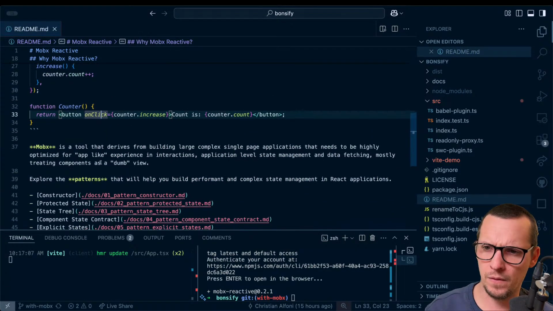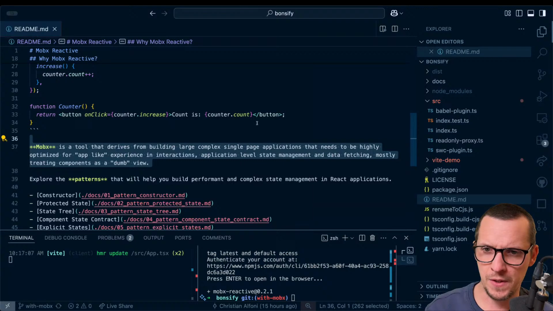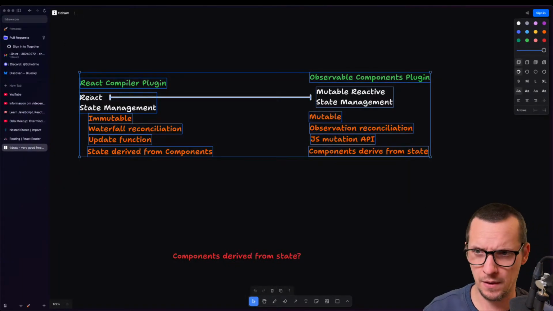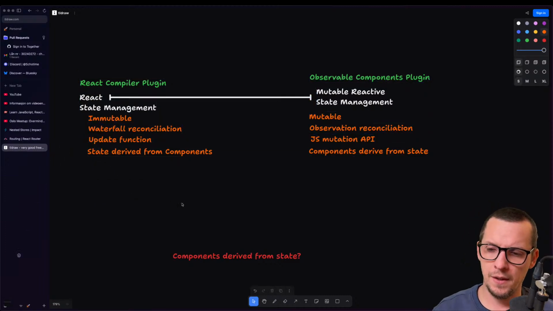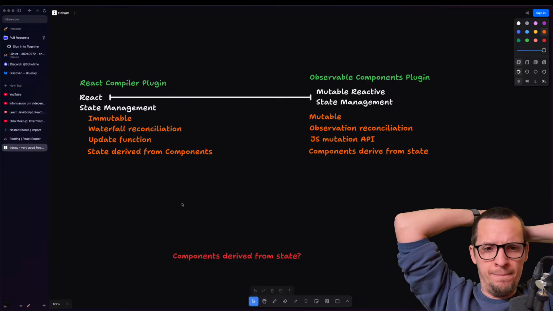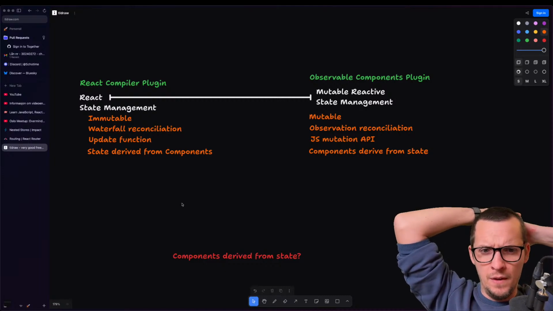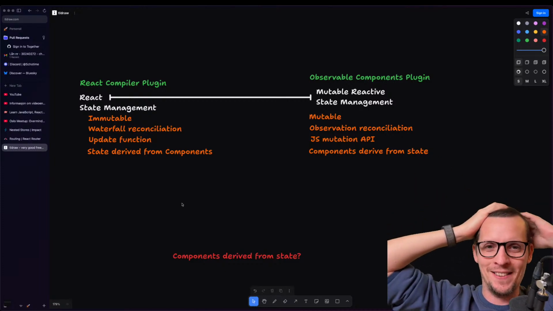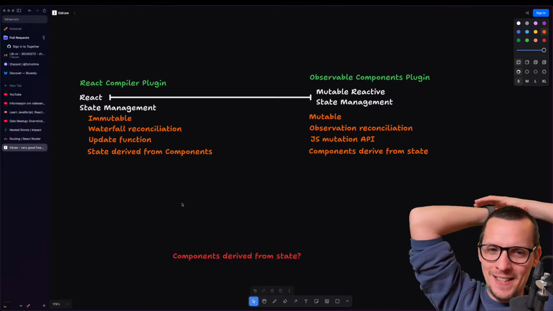But this was incredibly helpful for me, for my brain. Export PNG. Okay. I'm gonna use this to explain why this Bonsify / MobX reactive project exists.